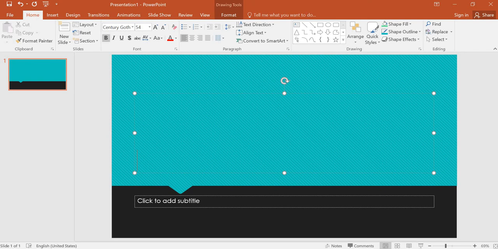Whenever you are inserting information into the slide, you should not write the information as paragraphs. It should be precise. You just have to note down the points. The interpreter, that is the person presenting, has to explain the information. All the paragraph content should not be written into your PowerPoint presentation.